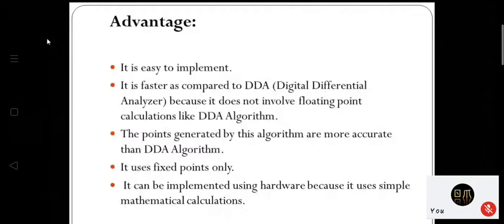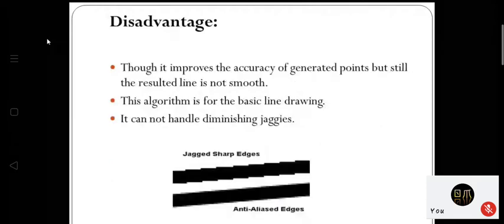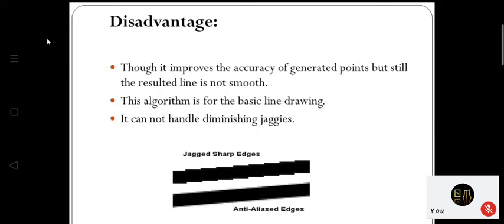Next is the disadvantage. Though it improves the accuracy of generated points, the resulting line is still not smooth. As you can see in the diagram, the line obtained over here is still not a smooth line. It gives you a zigzag line structure. Those zigzag lines, or you can say staircase type lines, are